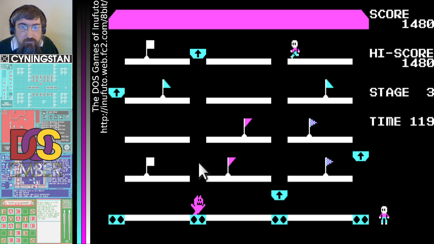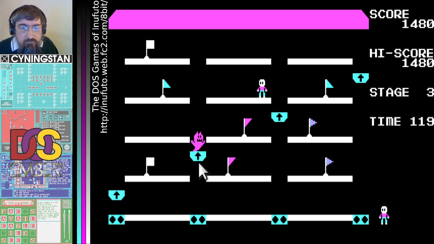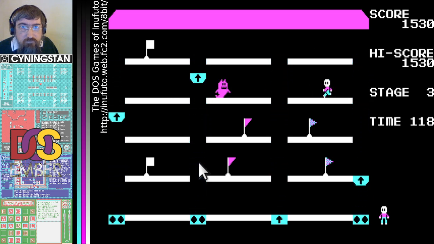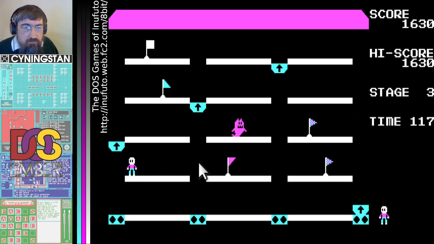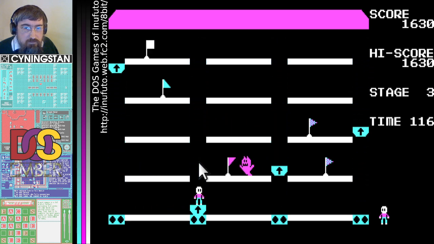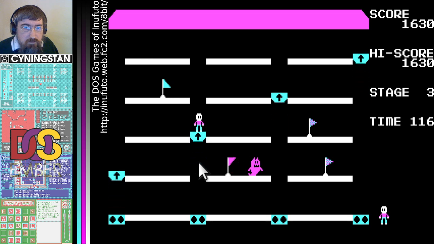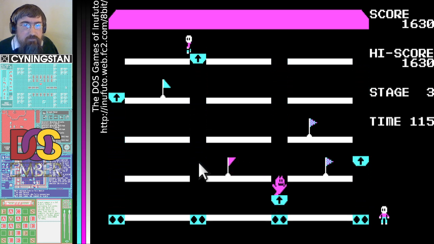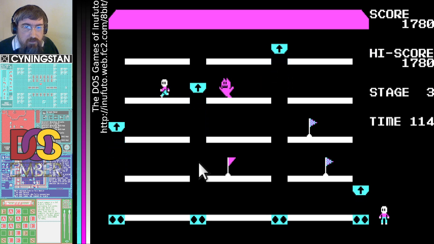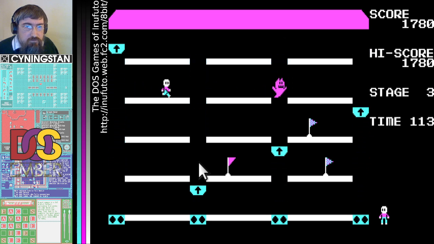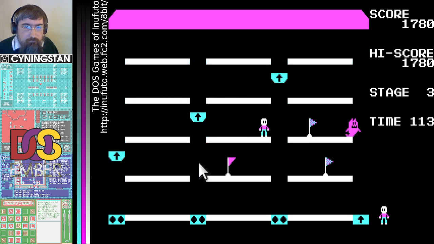Right, this is interesting. That worked better than I expected. Am I going to get got there? No, I'm not. Okay, I'm learning how to drop down onto.